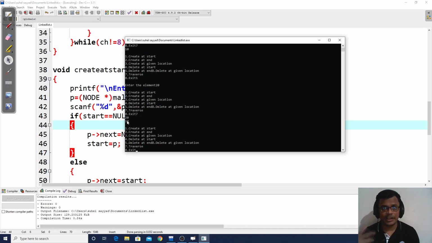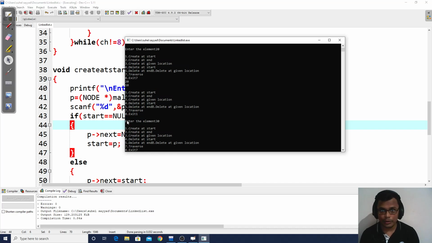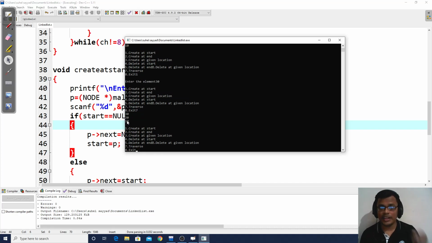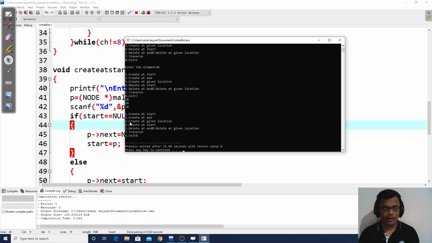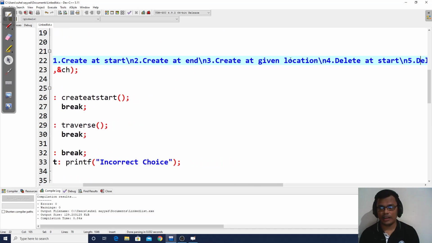And that's why it is create at start. Again, if I do create at start and add 30, and then traverse, the output will be 30, 20 and then 10. So I hope you have understood the 2 operations that we have discussed here, that is create at start and traverse operation.